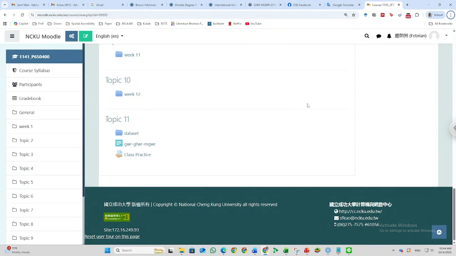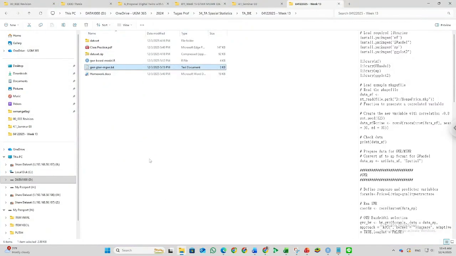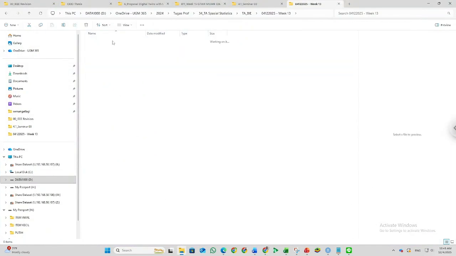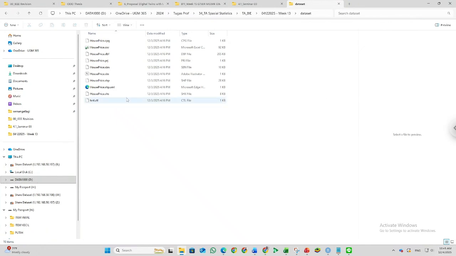To start practicing how to use R code, you need to download the dataset on your Moodle. You can download the dataset, and also you need to download the R code. You can download two files, and after you have downloaded them, you can check your dataset.